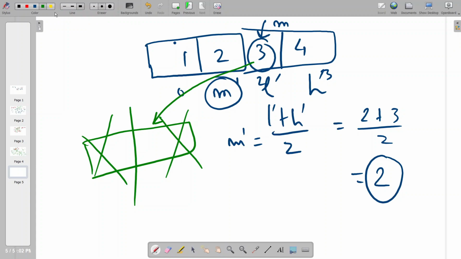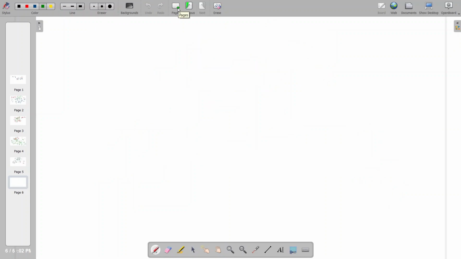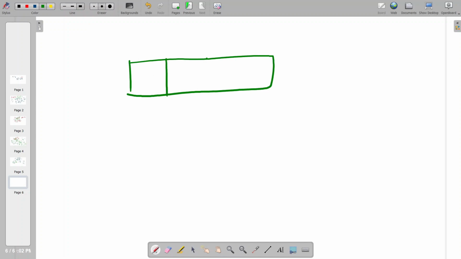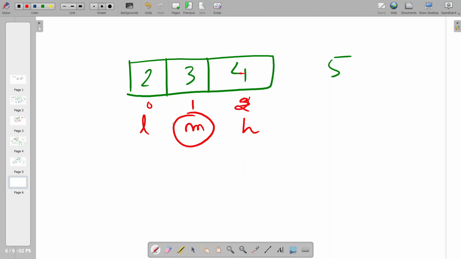So what is the edge case here? What is the edge case? If no element is found, if no target is found anywhere in the array, what will happen then? So if we are searching for something that is not at all present, 2, 3, 4, and suppose we are searching for 5, then as usual we start, let us do a dry run from 0 index as low and high as size minus 1. So this index is 3, this is high, and this is, sorry, this is 2, this is 1, this is the mid, this is the mid value.